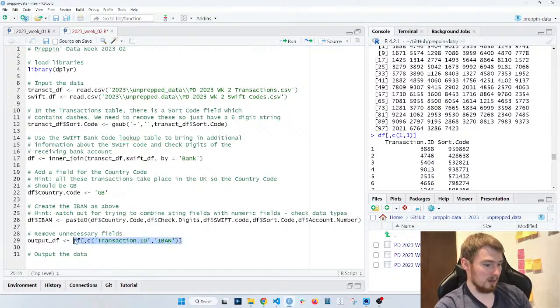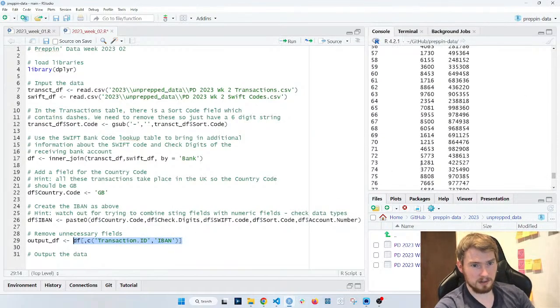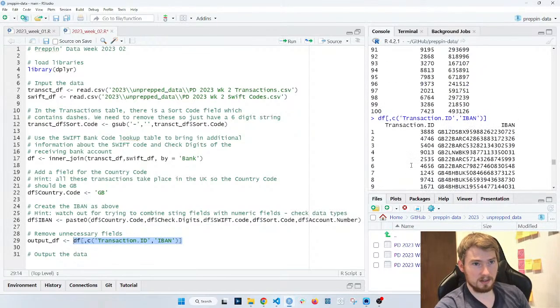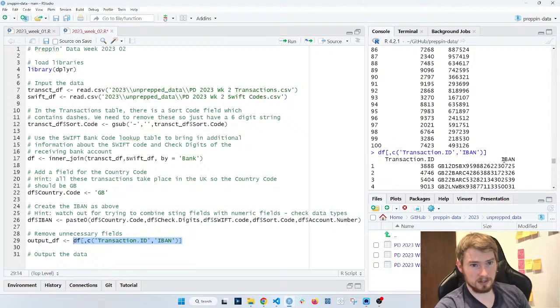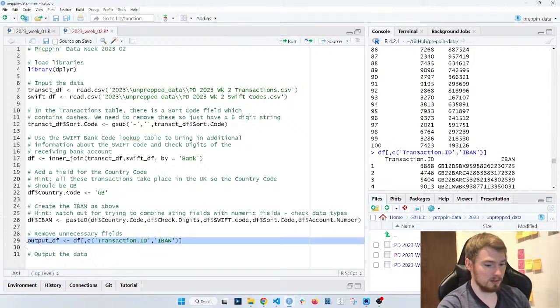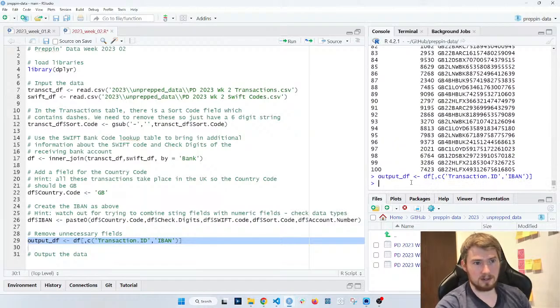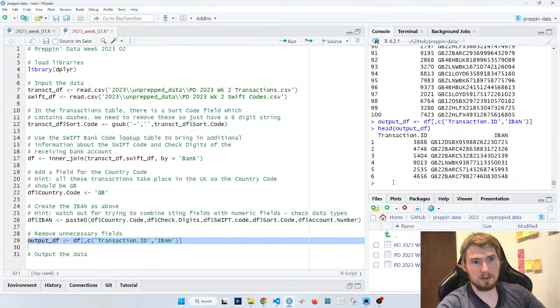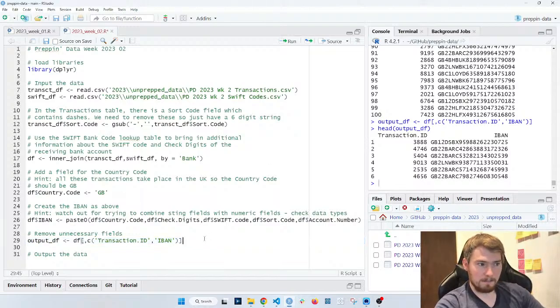And we can see that working here. You can see I've got that transaction ID and that IBAN coming through. So if I assign that to output df, control enter, I've got those two. I can just check this one. If I do head just to see the top, you can see transaction ID and IBAN, which is good.